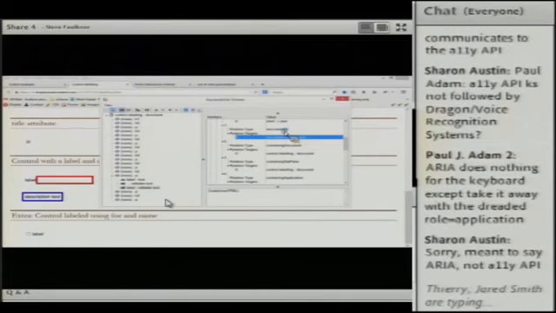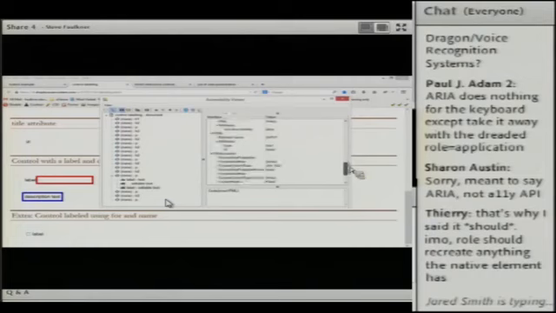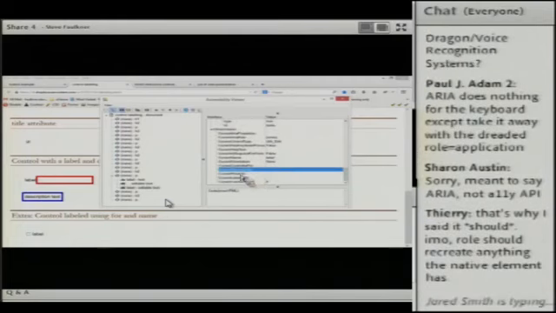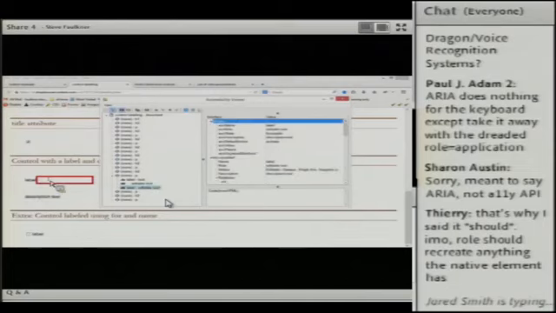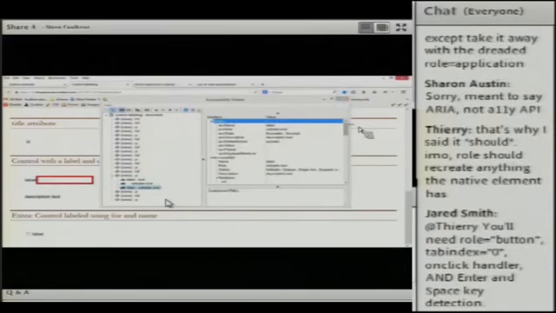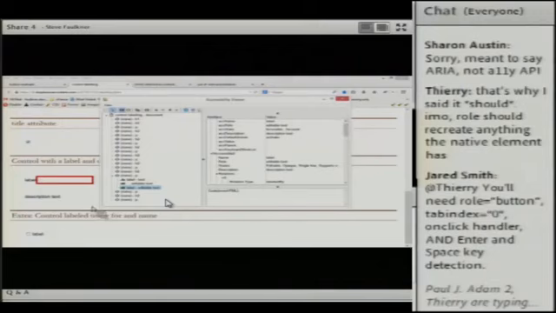ARIA is allowing us to set this relationship property or type within IAccessible2. And again, UI Automation also has currently labeled by and currently described by. As you can see, in Firefox, for example, it's not actually hooked up, because we don't need to hook it up, since it's provided through IAccessible2 and MSAA.